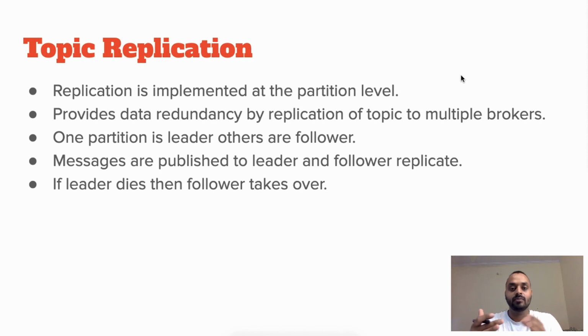Each partition is replicated as many times as we have asked for. If we ask for a replication factor of 10, then it will have one leader and 10 followers. This is the approach Kafka will take, and it will try to distribute the followers on different brokers. If the leader fails, one of the followers will become the leader, and it will start accepting messages and giving messages to its followers to update them there also.